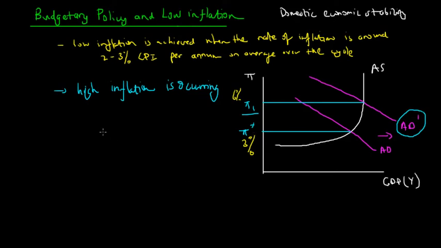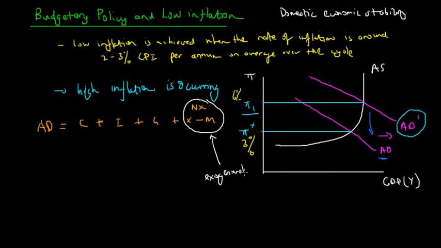So what are the precautionary measures the government could take in order to slow down aggregate demand? We want to slow down aggregate demand so it shifts back to this curve there. As we know, aggregate demand is a component of C plus I plus G plus X minus M, which could be written as net exports. Budgetary policy affects domestic production or expenditure directly, and so we can ignore net exports because it is not affected by the federal government. So this is